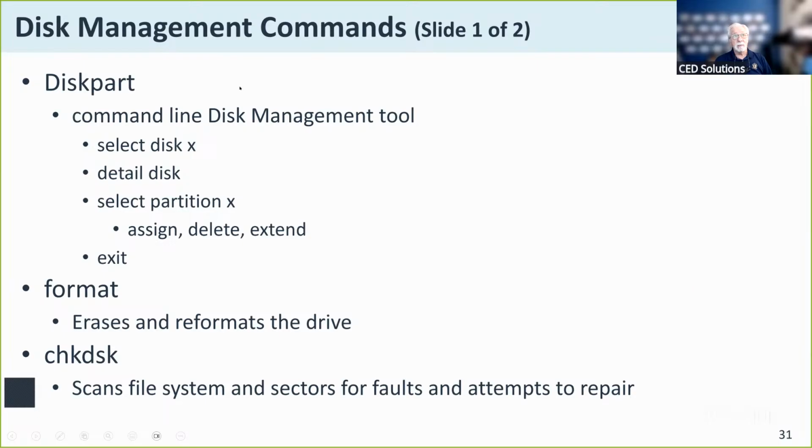There is a disk partition. When you type in diskpart, the prompt then changes to DISKPART, and it's an online disk management tool built into the operating system as well. And I can do all the same. I can create directories, format the disk, partition the disk, whatever.